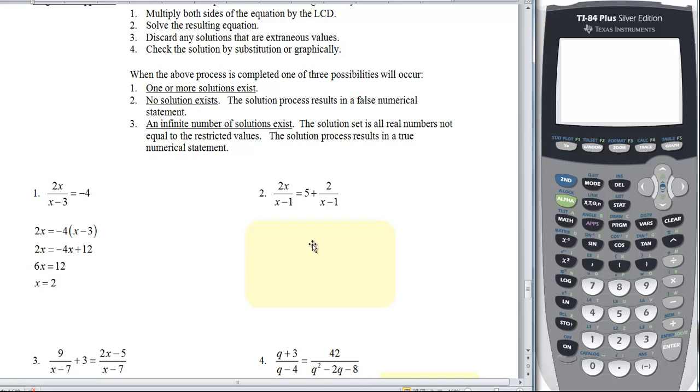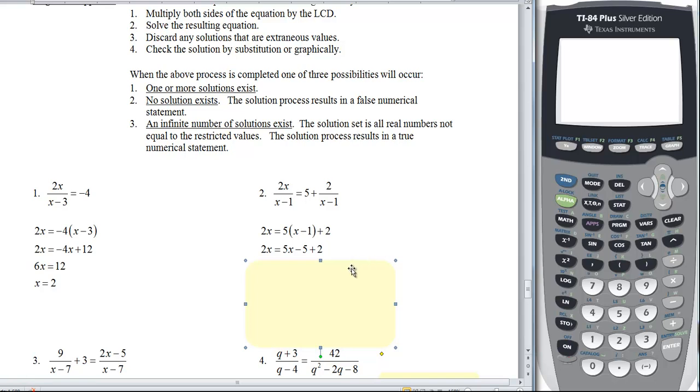In this problem, I see denominators on both sides. Actually, the only denominators I see are x minus 1. So I'd multiply all terms, this one, this one, and this one, by x minus 1. Multiplying this one, I get rid of the denominator, so I end up with 2x. I've got to remember to multiply 5 by x minus 1, and multiplying this term by x minus 1, I'd end up with 2. So now you distribute,